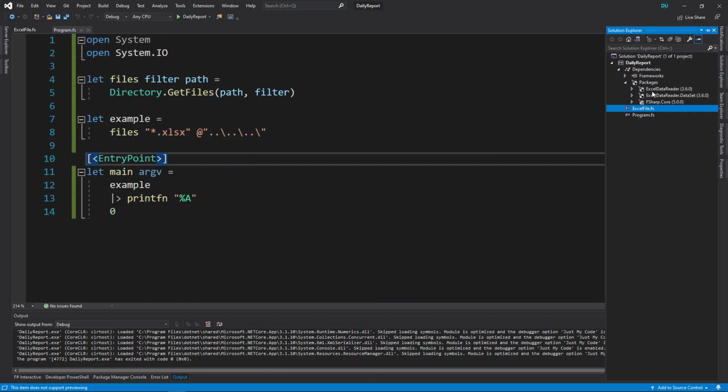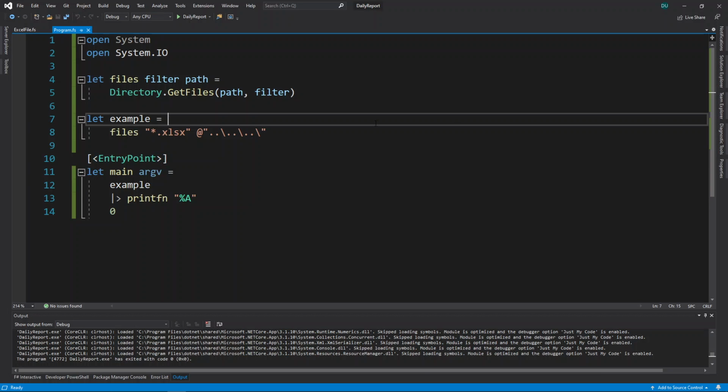Have I forgotten to cheat? Yeah, I have. So ignore the man behind the curtain. I've taken a few stabs at this. So right here, we have a nice little function that says, files, and it takes a filter and a path, and it just pipes them in there. And so here's our filter, XLSX files, and the path is just a relative path to where I've stored those files. Ideally, don't do this, but